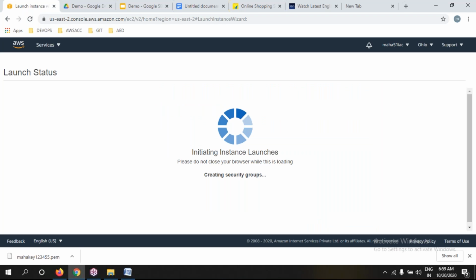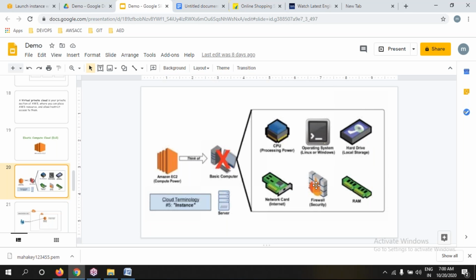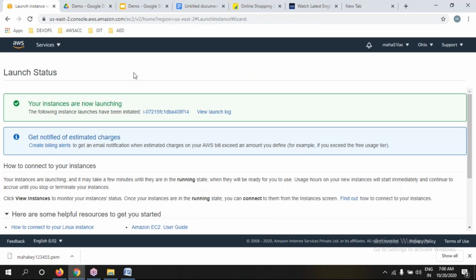We're successfully creating an instance with the Ubuntu operating system, 1 core CPU, 1 GB RAM, with an 8 GB default hard disk, with SSH and HTTP security, with the SSH port number and HTTP. We're creating one EC2 instance.